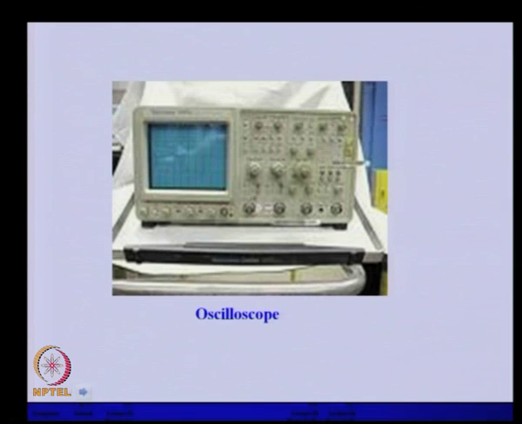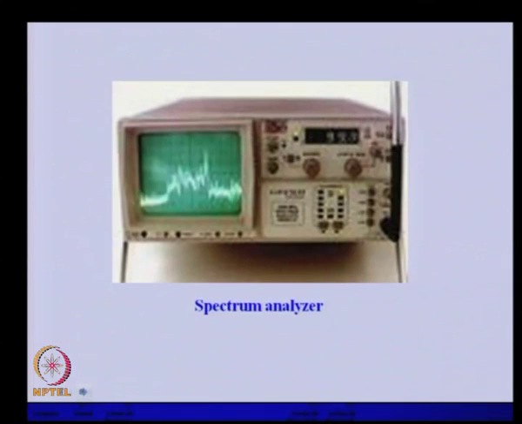This is for displaying whatever vibration signal is captured through these sensors; we can display the signal on this kind of screen, the oscilloscope, which generally displays the signal in the time domain, but the frequency domain signal also can be seen in this. And apart from this, there is another advanced analyzer, the spectrum analyzer, in which exhaustive analysis in the frequency